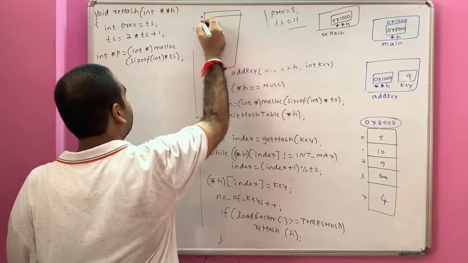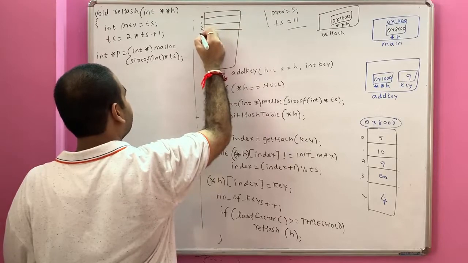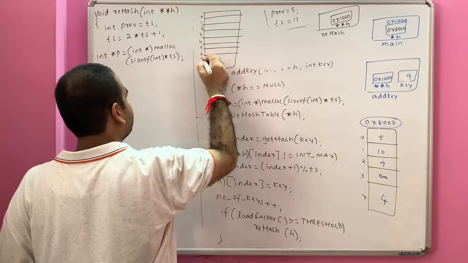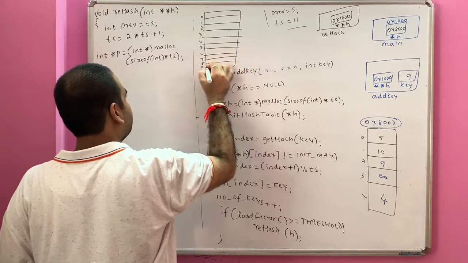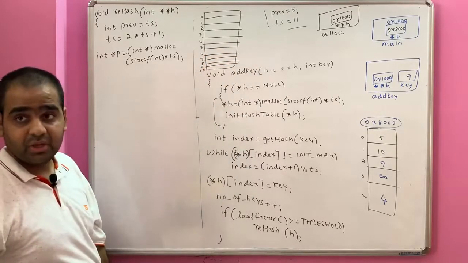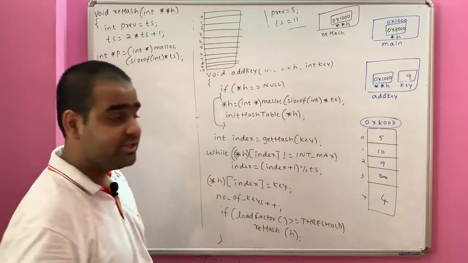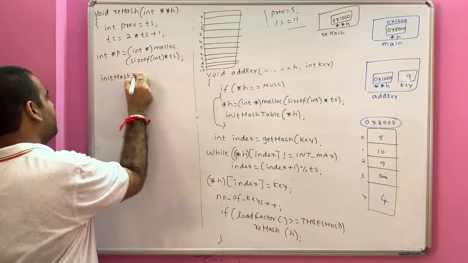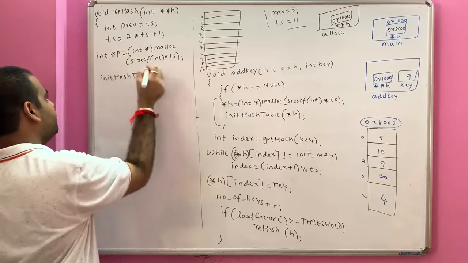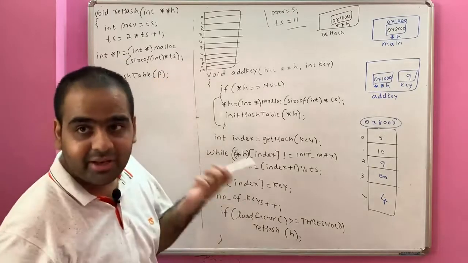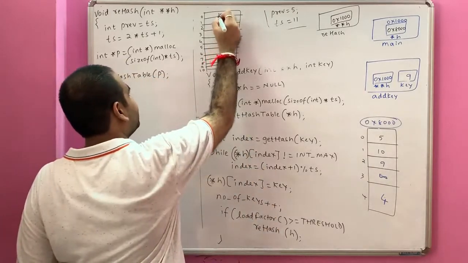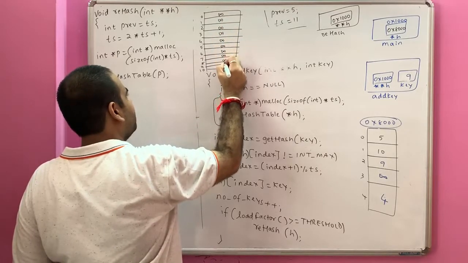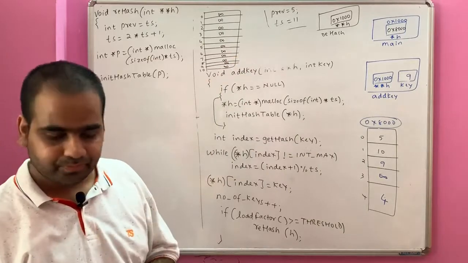This is 0, 1, 2, 3, 4, 5, 6, 7, 8, 9 and 10. Okay, 0 to 10. All these are garbage. This has to be initialized again. And we have written one function called init hash table. Now which table do we want to initialize here? This is the table P. P will be initialized. And what will happen? Each and everywhere infinity will be stored. Why infinity? Because the table size is 11 now. From 0 to 10 infinity will be stored.